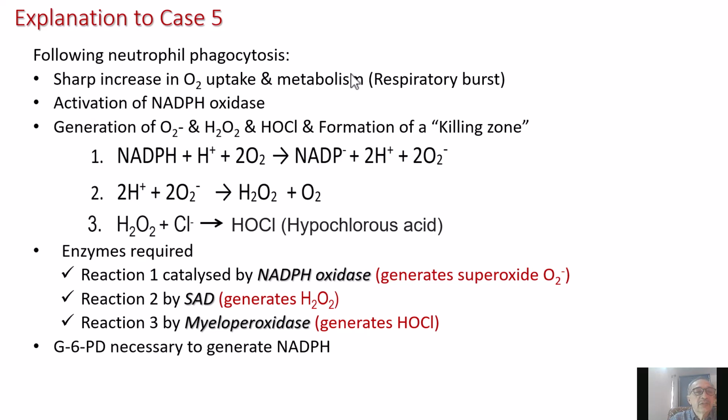Along with that, there is activation of the NADPH oxidase, which requires glucose 6 phosphate dehydrogenase, and NADPH will form the reactive oxygen species, combining with H and O2, converted to NADP, hydrogen, and